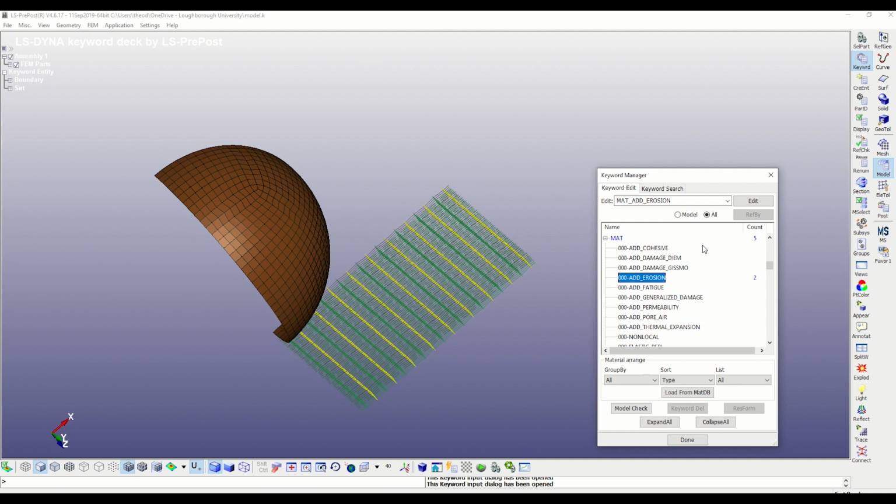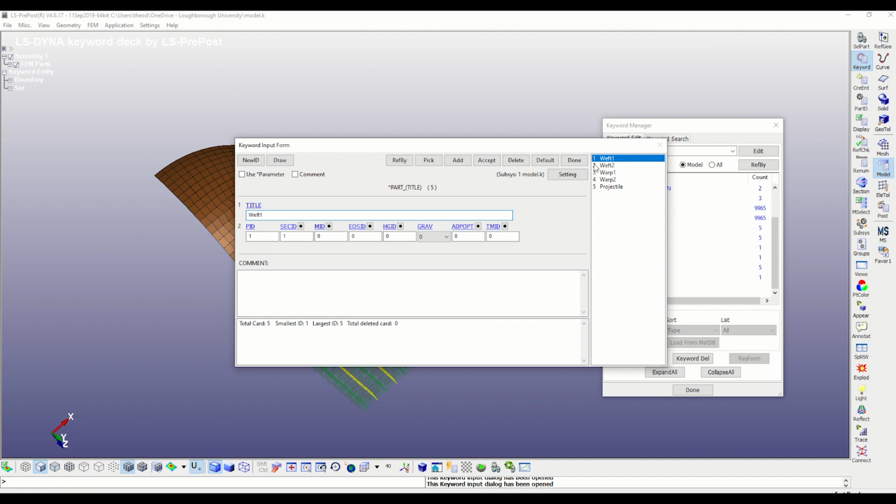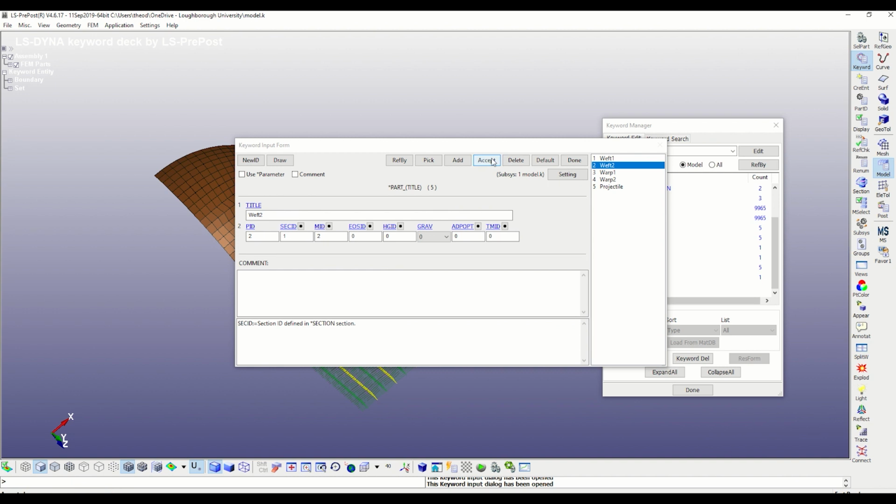We have created the cards for the material properties of the yarns and the cross-section. So now we can define the parts and link these cards to the parts. Now we'll be doing the same thing for the projectile.